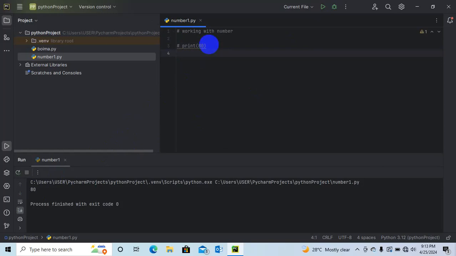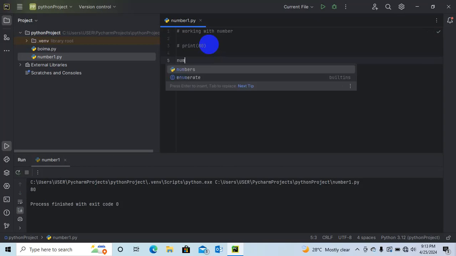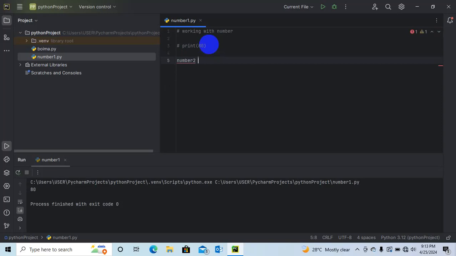Now, one thing I want us to look at is that we can also declare numbers in variable form. So let's say I set a variable and I call this number2 is equal to 80. So remember, I'm using a variable to declare a number. This is my variable, this is the assignment, and this is the value of the variable.